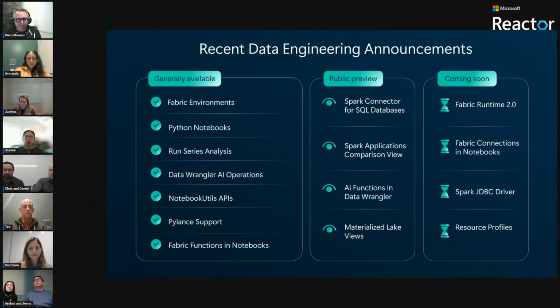And I just wanted to flash a slide up. I won't drain the slide, but we made a number of exciting announcements recently at FabCon Europe. And so we've documented all of these in our Fabric blog. And so we invite you to learn more, and happy to answer any of your questions related to these announcements.